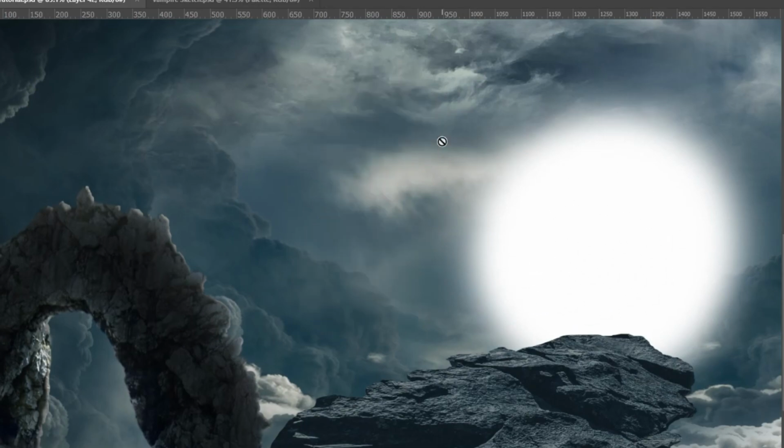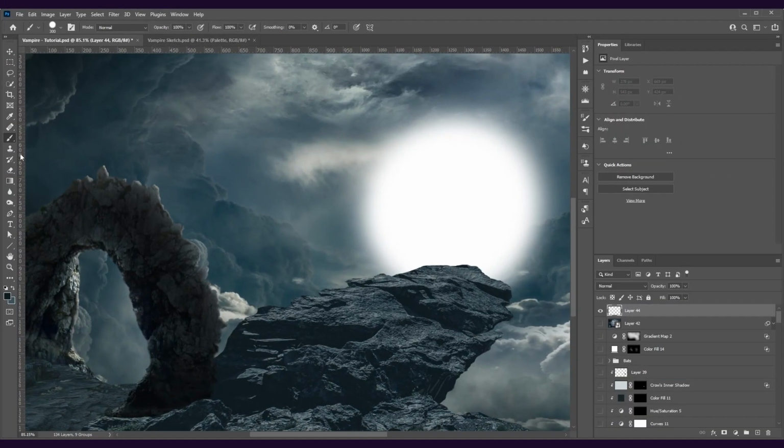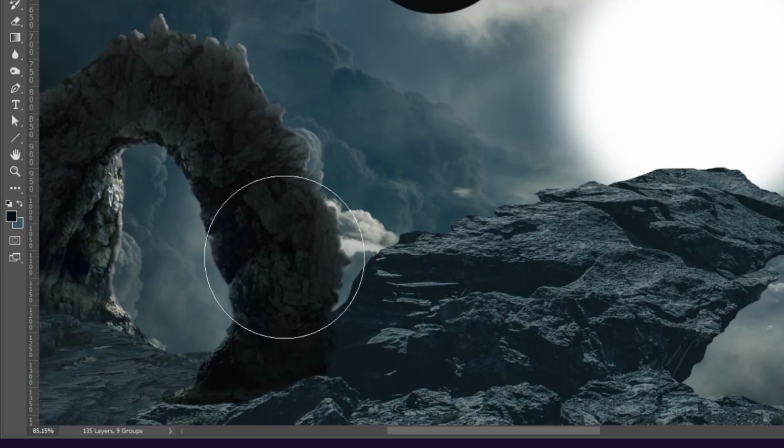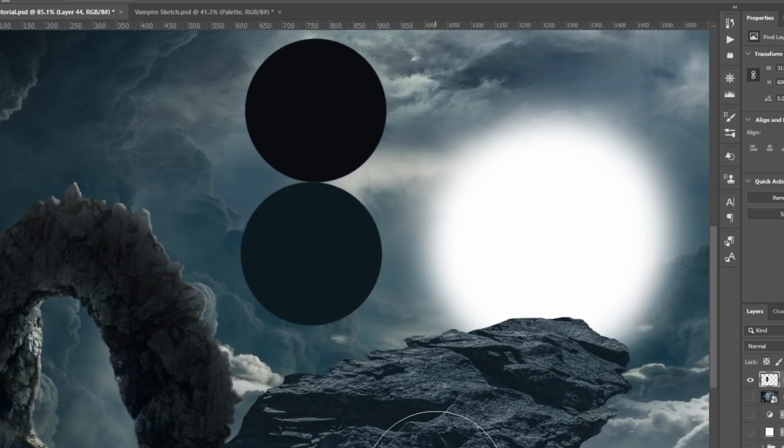And so a good trick to do what I just did here is to get your brush and just sample. If two objects in your scene are right next to each other, they should have similar values, especially if they're the same texture. So just grab your brush and sample, say, from the shadows on a new layer, and then grab a sample from the shadows of the object next to it. And as you can see, this is a whole lot darker than this here,